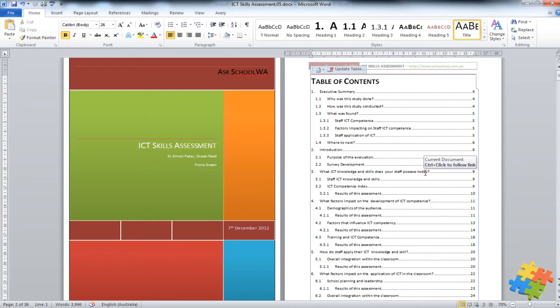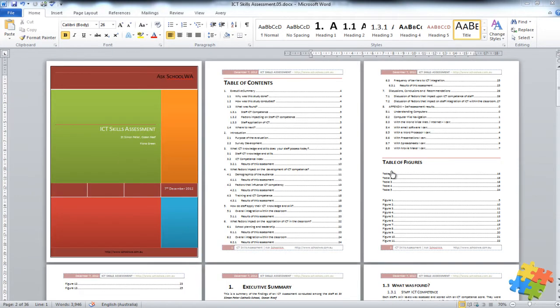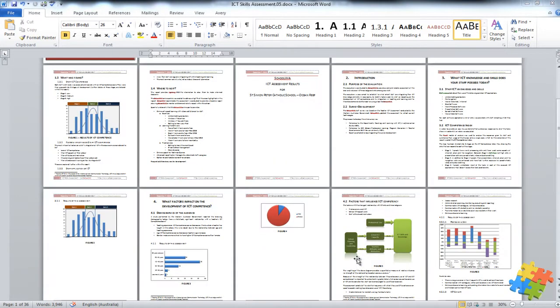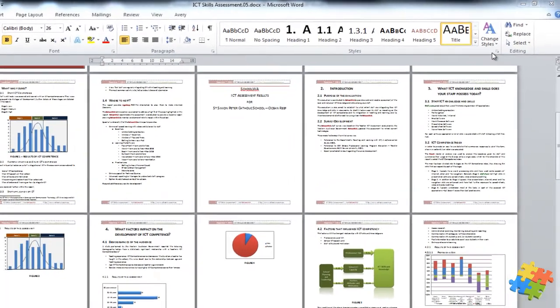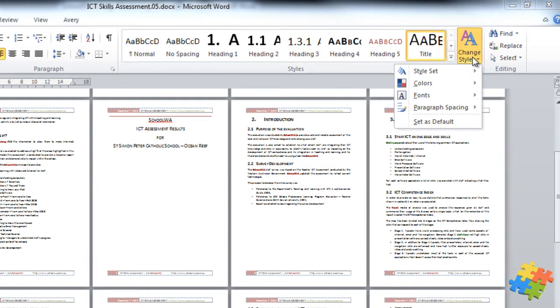So by using a properly constructed document, you get a lot of inbuilt functionality. So a table of contents will automatically be updated. There's a lot more to this though. Let's just zoom out and see what we can do. Because I've used styles and themes in this, what I can actually do is easily change the style of this document. If I come up here and click on change styles, and we're going to look at this in the next section when we look at styles in more detail,